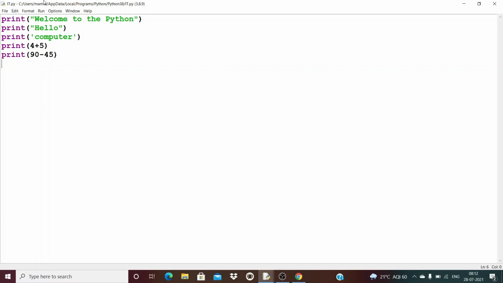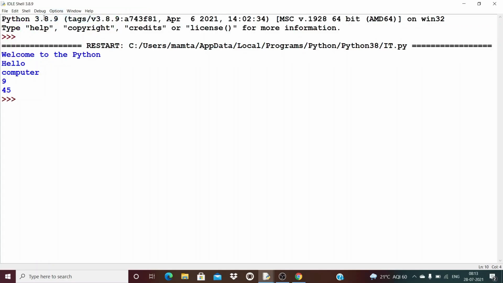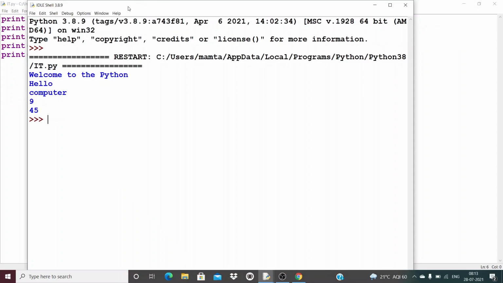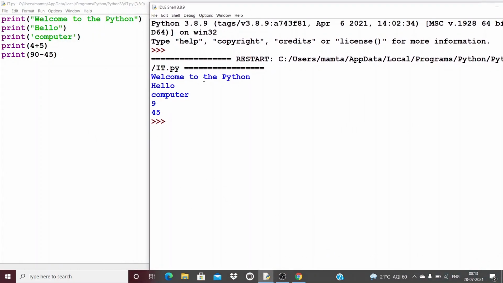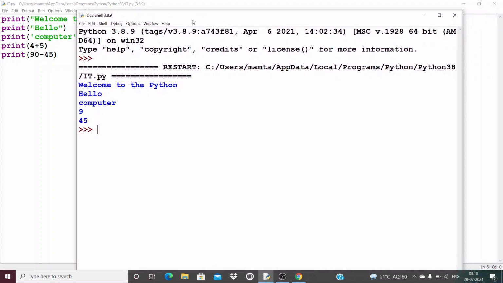Now the next thing is, you're not going to close it, you're going to execute it. How to execute or run? Here only the Run option is given. Shortcut keys also come. You click on Run Module, and now you check the statements. In the beginning I wrote welcome to Python, and the same thing is coming, hello computer, then the calculation part, and this and that is coming.